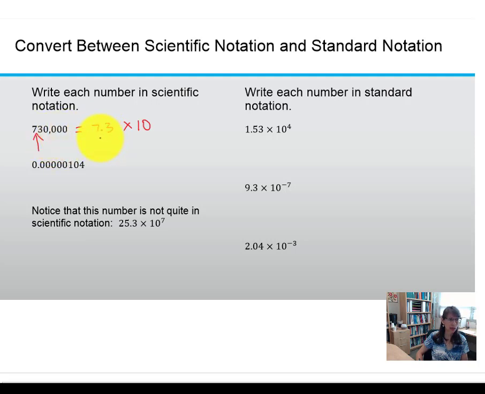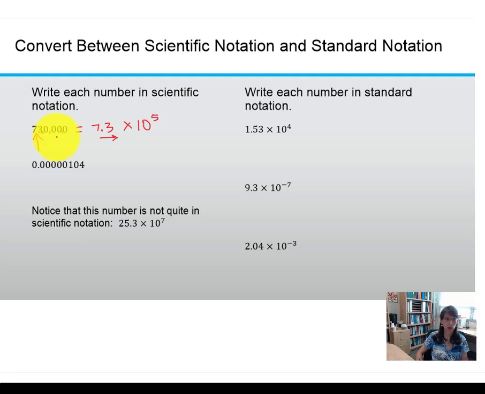So this decimal would have to move to the right how many places in order to get back to 730,000? Well, that would be 1, 2, 3, 4, 5 jumps. So the exponent must be positive 5. So if we take this decimal and move it to the right 5 places,